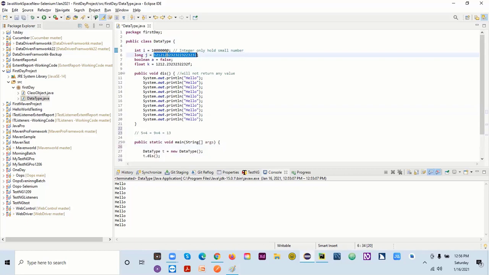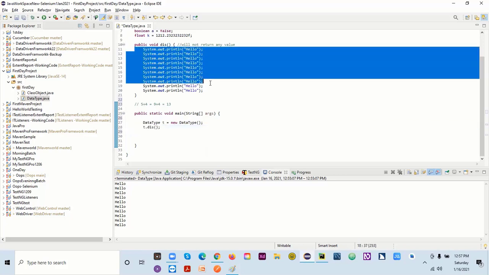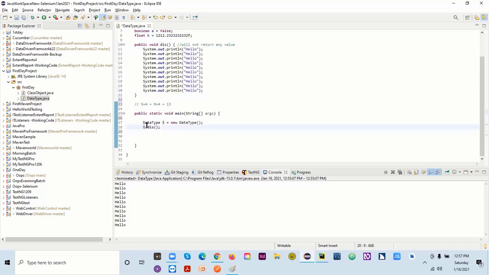If I want to store a long value, I need this long data type. If I want to store a false value, I need a Boolean data type. So I want to store this value. Something is coming here. We are having this so many hello, right? In that, I want to store this in one variable. So I will say integer, and I can give any name, J. All right. So this is the one variable I created here, which is an integer type.